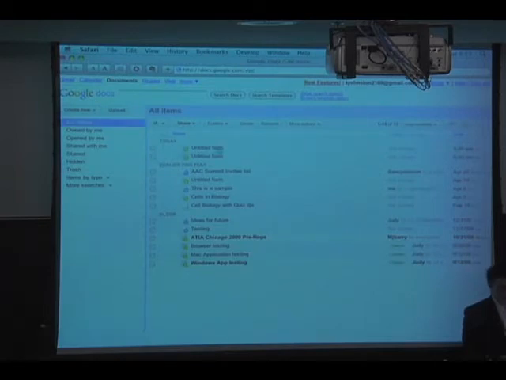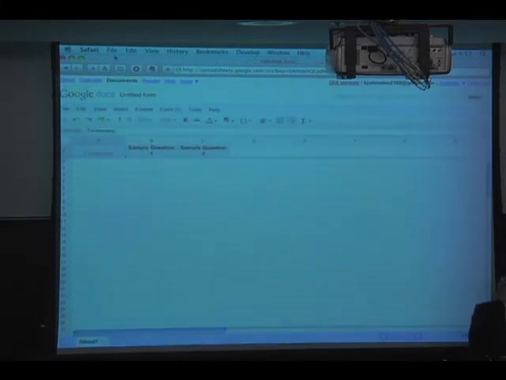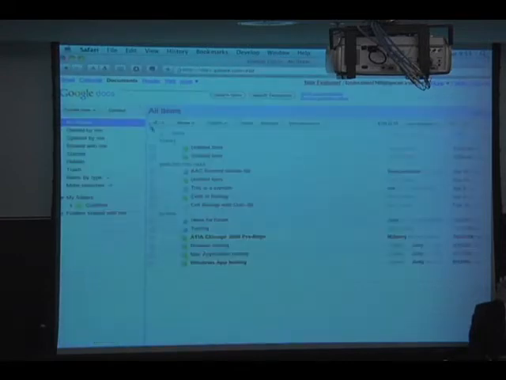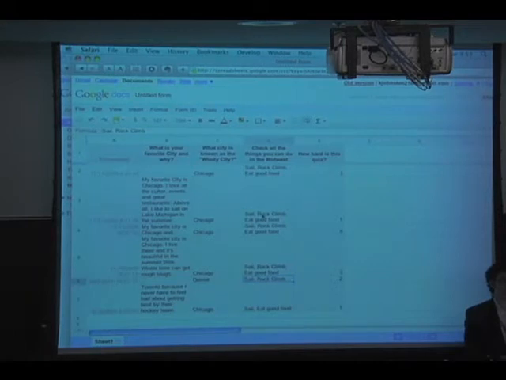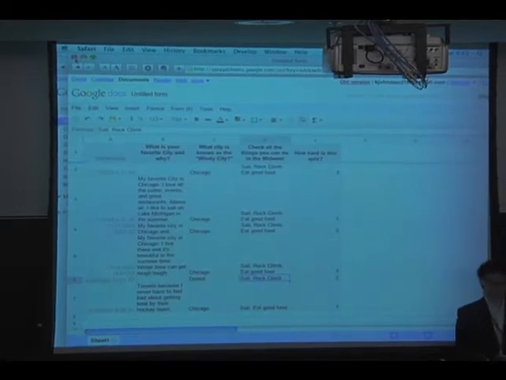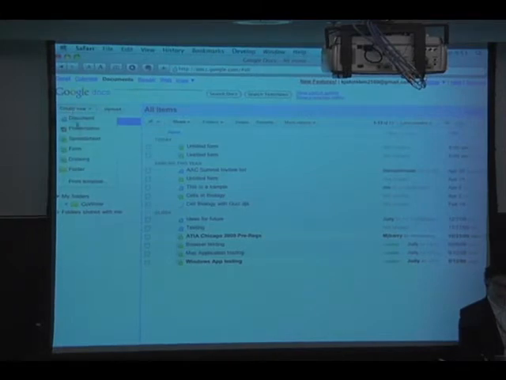And if I want to have a look, notice how I didn't title this form, but it says untitled form. If I click on that, it's going to take me into a spreadsheet of my answers. And actually, I did one where I have more answers. There we go. So here's another Google form that I did. It lists the questions up at top, and then down below, it'll list the answers. Okay, so I can kind of get a feel for what was written. Okay, which is nice because now you have cumulative data. Okay. And to do this, you simply click on Create New and go down to Form.